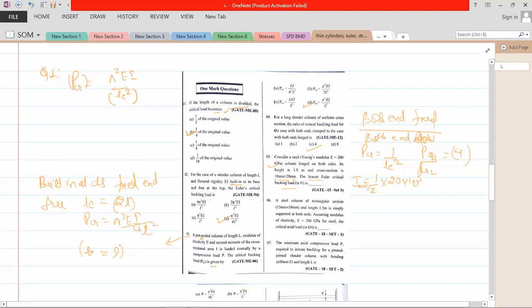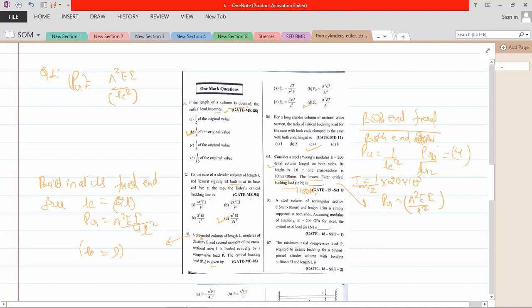Okay. Now if you solve for this, it is given both ends are hinged. So P critical is equal to pi square EI upon L square, and you just substitute the value, and your I is this one because the next I will be greater than this I. So I minimum you need to take for the lower critical load, and your option would be around 1100 Newton. Option around this. So exactly you can get, or it is around that.